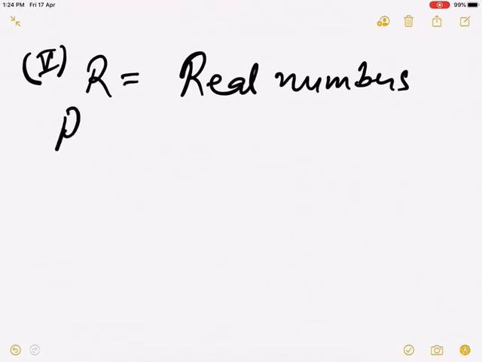Now basically the set of real numbers includes rational numbers as well as irrational numbers. I am using this symbol U. U means union. Union means we have to take the other set also. So Q and Q dash. Q dash is the set of irrational numbers. Q is the set of rational numbers. If you include both of them, if you join both of them together, then you will get the set of real numbers. So real numbers contain both the rational numbers and the irrational numbers, and there is no other number